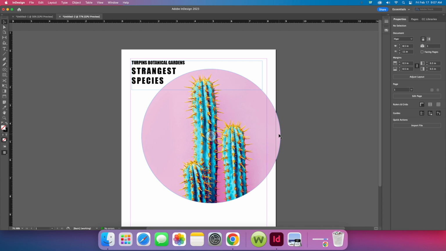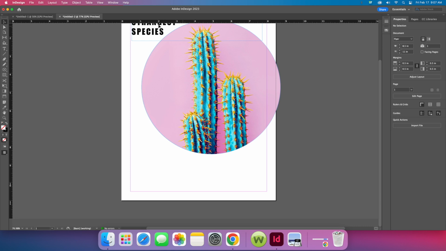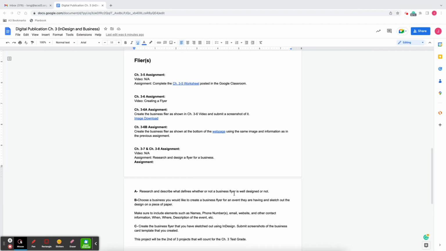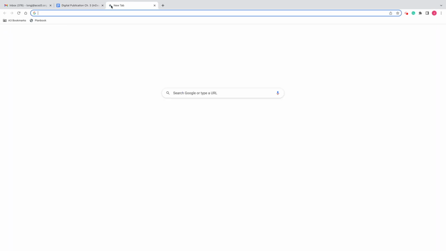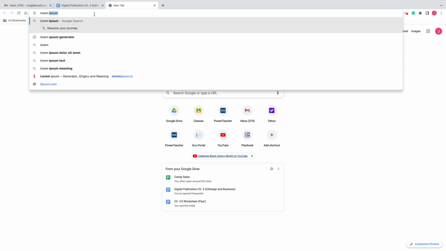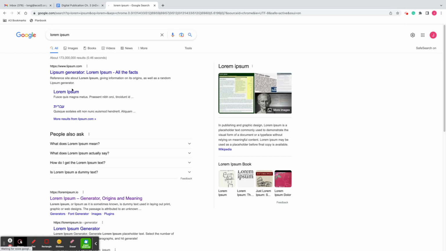All right, so now let's go ahead, and now at the bottom, let's add some text. So once again, I'm going to go over to my text tool. I'm going to add a big box here. Okay, so now that I have that, you guys don't have to add anything except this. So we're going to use a lorem ipsum generator. That's just filler text. So if you Google search that, the first one that comes up, this one right here,